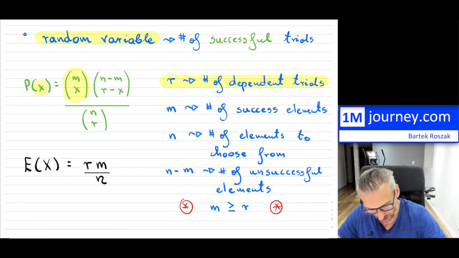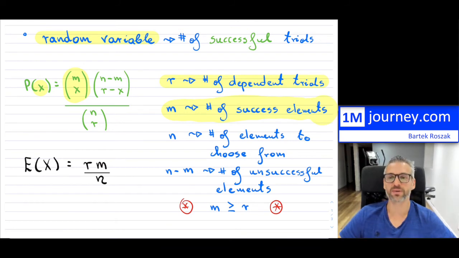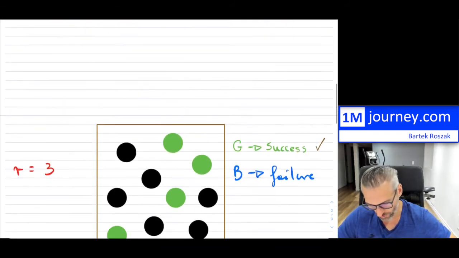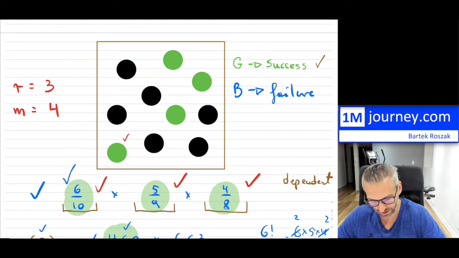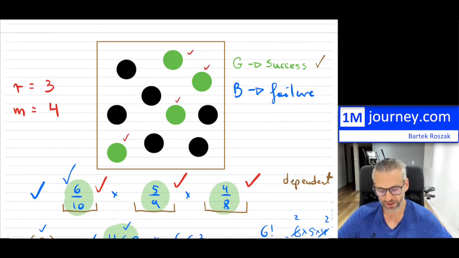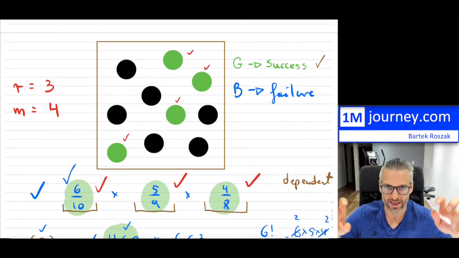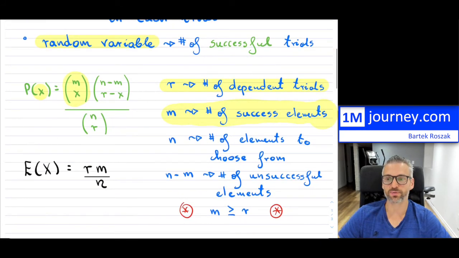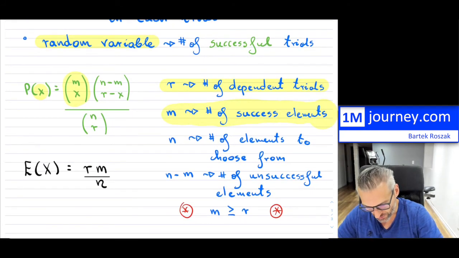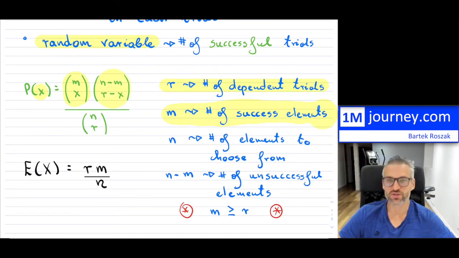So M on its own, as you see here, is the number of successful elements that you carry. For us, M was equal to 4, because we had 1, 2, 3, 4 green balls that I labeled as success. So now you're going to be multiplying it by